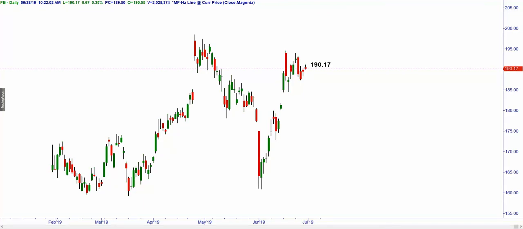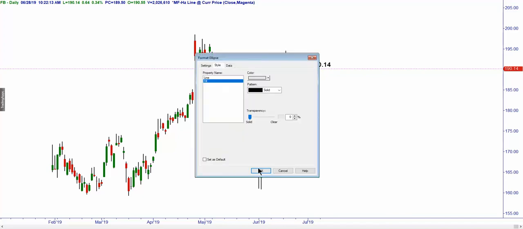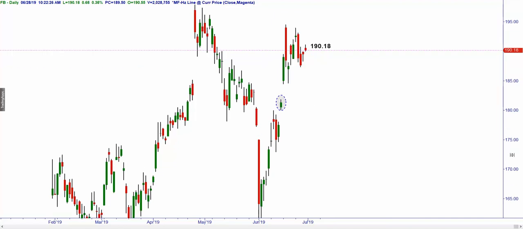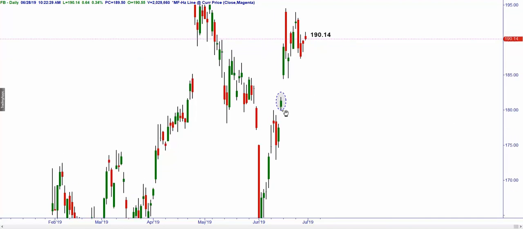Okay, so what I'm going to do here is isolate this candle right here, because it happens to be, conveniently, a single individual candle, and so that makes it easy to talk about. So right here we have this green candle. And again, just to show you an example, before when we talked about the time frame, here's a daily chart. Okay, if I break this down into a 60-minute chart,